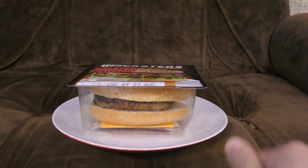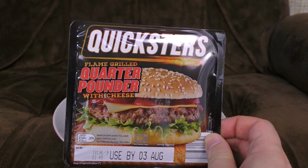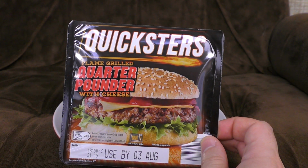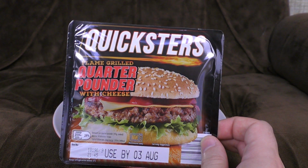Don't really give a shit if what you're eating is deeply unpleasant? Welcome to the world of microwave snacks. Specifically, Quicksters. See, they look exactly like Rustlers, but they have a slightly different name. Somebody told me that they actually are Rustlers that are just repackaged. I didn't believe them, because a lot of people say stuff like that, and looking into it, it's very rarely